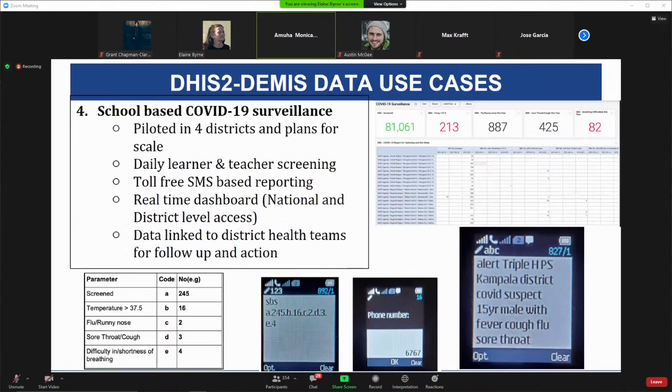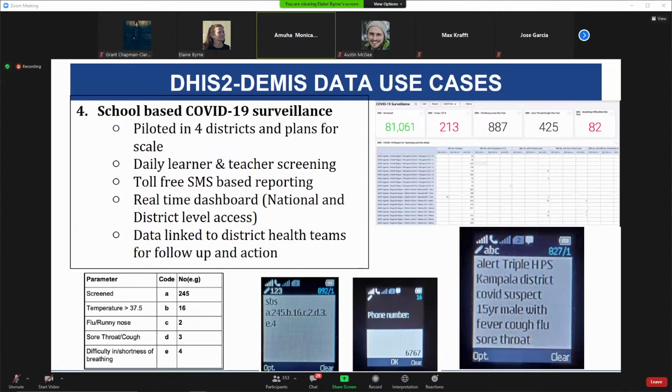And then beyond the COVID response, towards the end of last year, the schools were reopened. And so we needed to do COVID school surveillance. So this prompted us to start the COVID school surveillance using the DHIS2 for education. And this is in partnership with Save the Children, and it's being piloted still in the 4 districts that we are implementing in, with plans of scale up to the entire country, because this is vital as it provides statistics